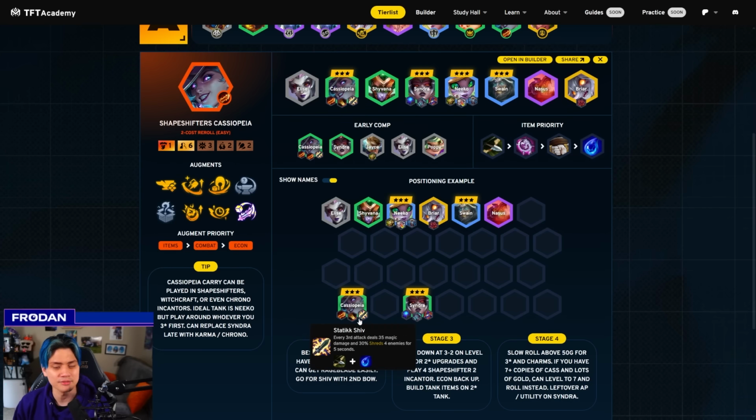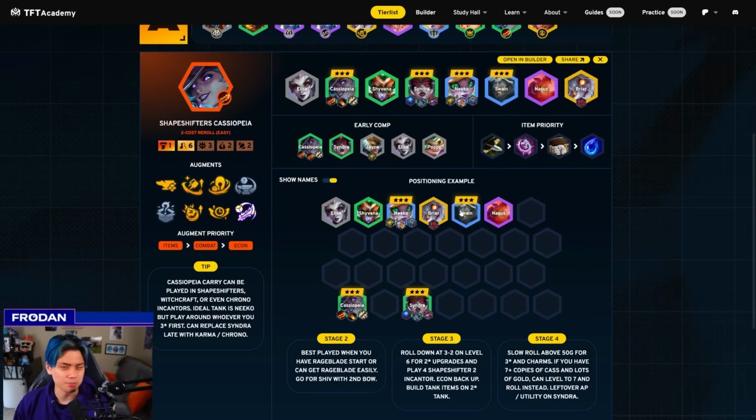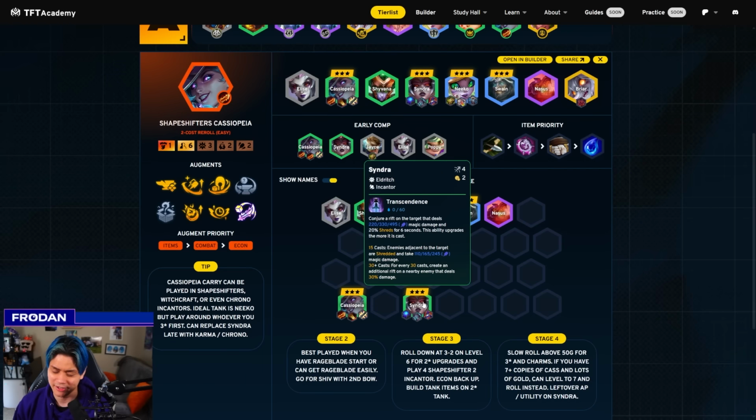And now Shiv is very, very good on her as well. The best 3 costs to itemize for tank is Nico, but sometimes you put it on Swain. Syndra is actually quite a reliable 2 cost to also itemize, but you give her whatever's left over. This is the best in slot Syndra, but you're not going to get it very often. So many times Syndra just ends up with things like Giant Slayer, Guard Breaker, Shojin or something like that, because